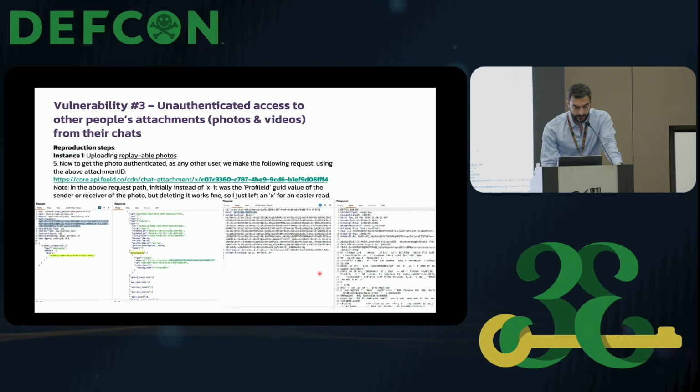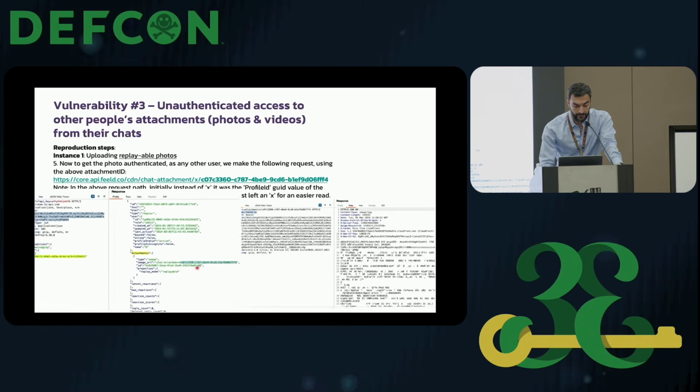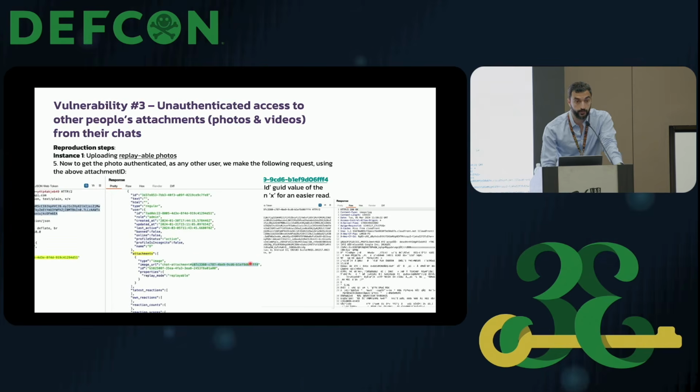So let's do this as an attacker. We log in as an attacker. We use the stream user ID of our victim to read their messages, and we see in the attachment section the photo ID that we want to leak from our victim. And we see that it is of type image and it is replayable.